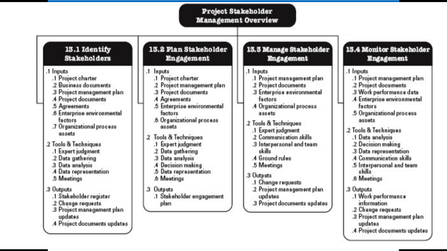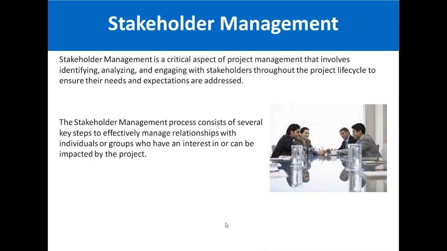For example, if a CEO of a company or from the customer side has great interest in the project, then definitely you will try to meet his expectations. If the CTO from the customer side doesn't have any interest in the project, obviously this will impact your project negatively. So as a project manager, you should manage the expectations, needs, requirements, and feedback of the stakeholders from different sides, from the customer side especially, and from the internal and vendor side as well.